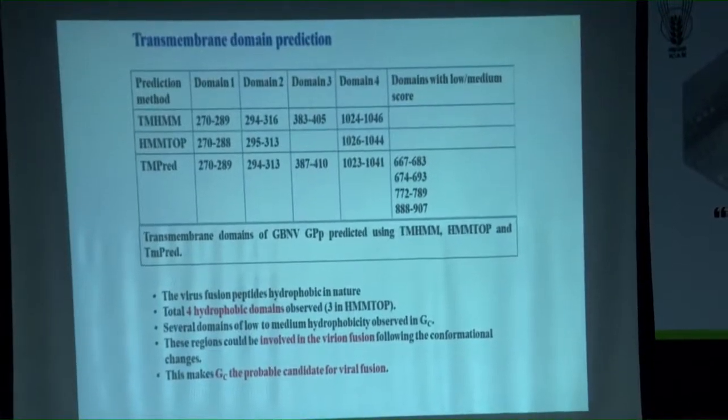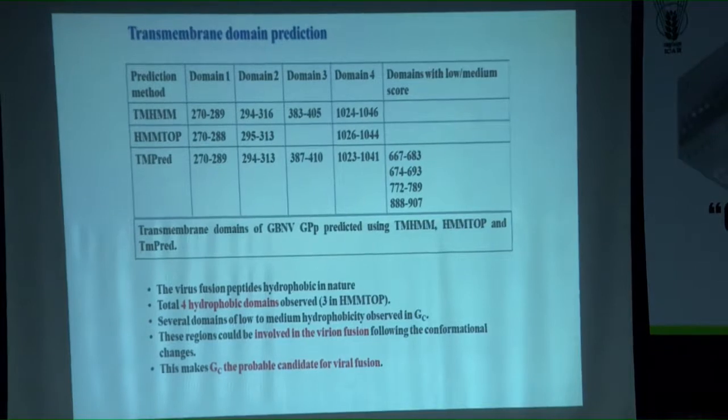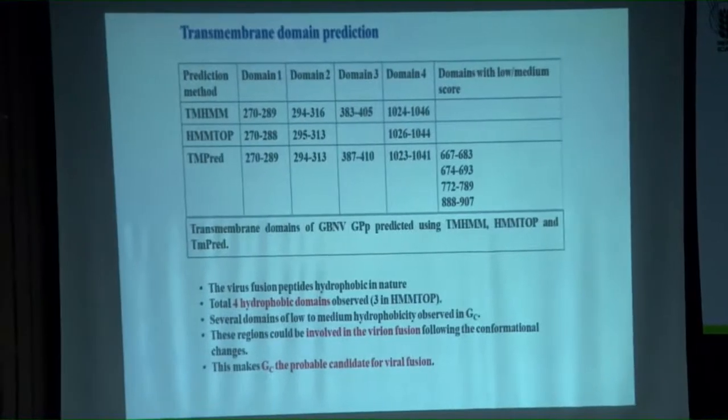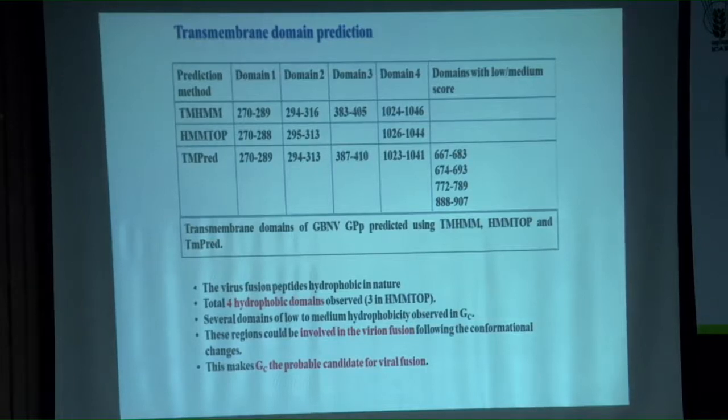So as we are getting more transmembrane domains in the GC part, we can predict that GC is responsible for viral fusion in the host cell. Okay. And more transmembrane domains indicate more conformational changes of the protein structure. If in any protein you get more than one transmembrane domain, that means it is very frequently changing its conformation. Okay. In that type of protein, it is very difficult to have a base structure because you don't know in which form it is present or in which form it is interacting with the other protein.